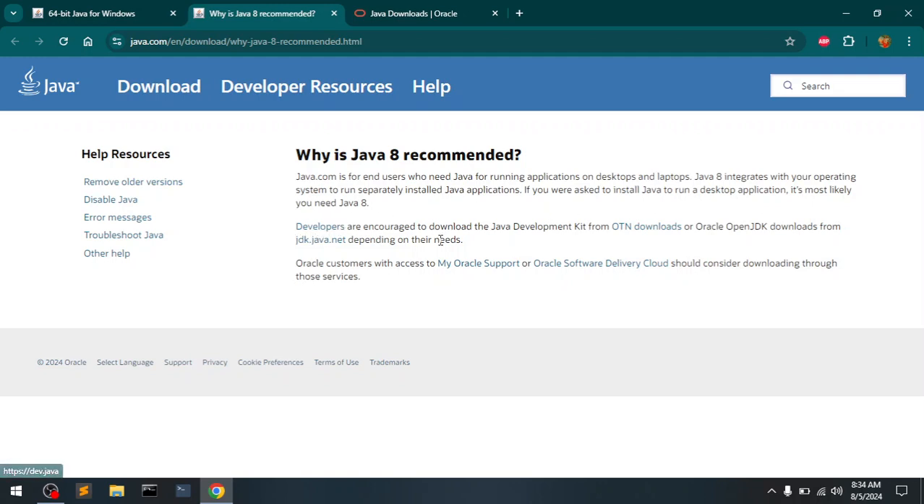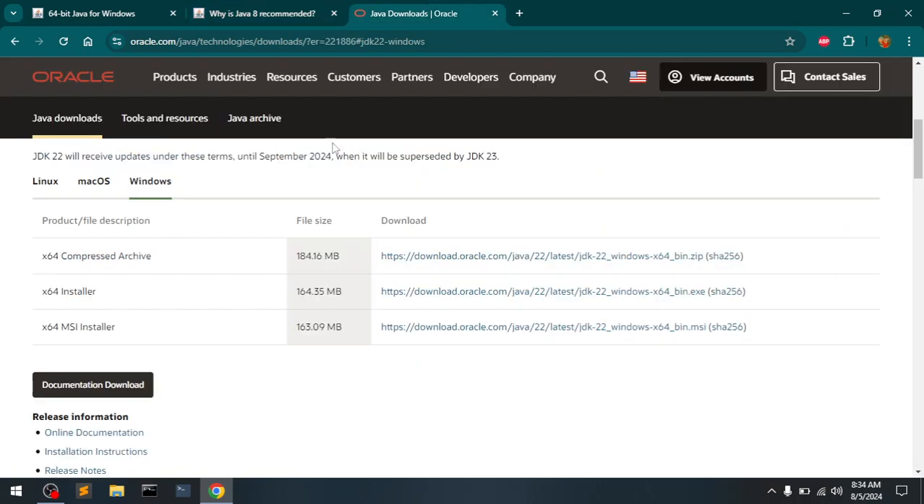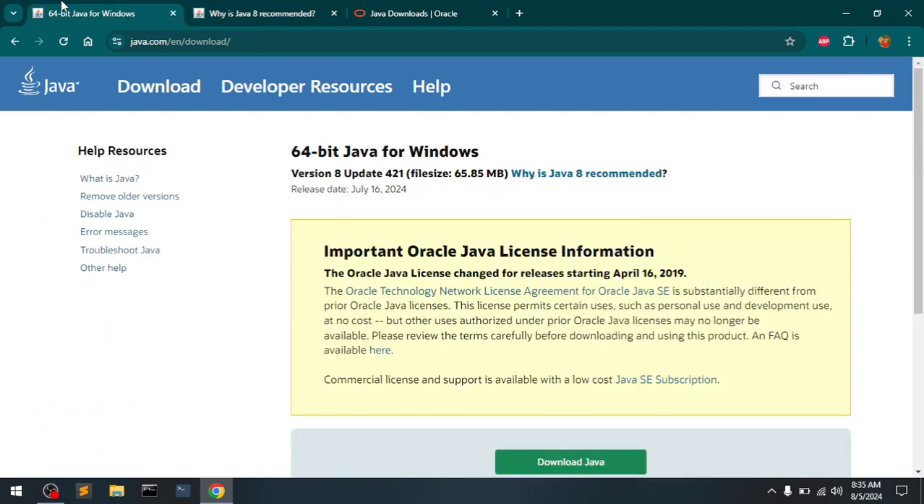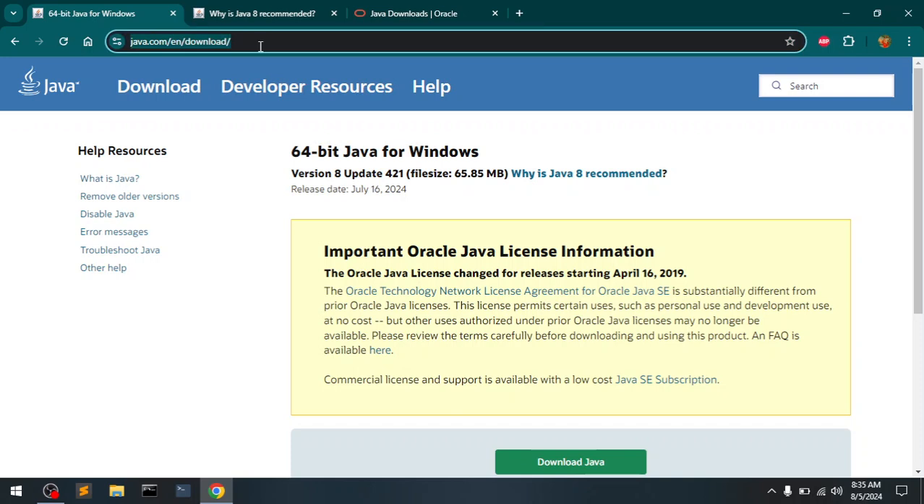Developers are encouraged to download from here or from here, which are both almost the same thing. This takes you to Oracle, and you can download JDK 22 from here. But this is intended for normal end users, so simply go to this